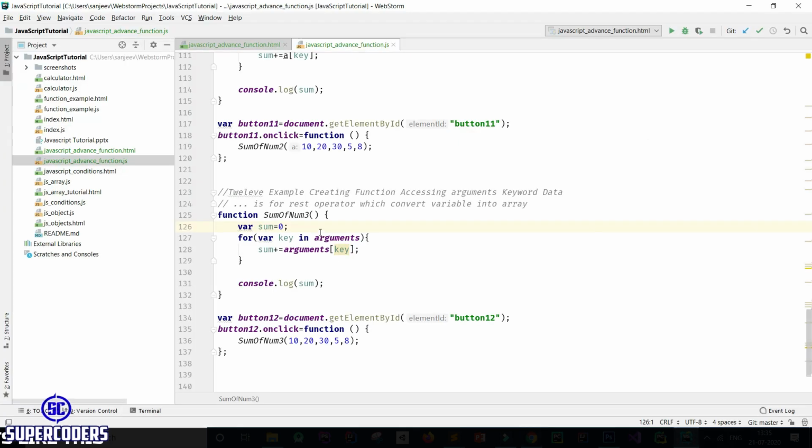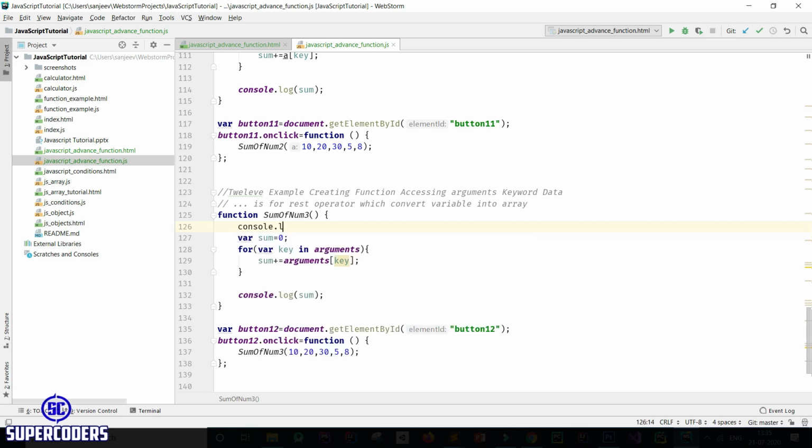So what actually arguments do here, which I pass. Every data which I pass in our function, it stores in a JavaScript function keyword. This is an inbuilt object of function, which is arguments. So arguments store all the values which we pass in function. Let's see if I print console.log arguments. Arguments is just like a global variable for function which holds all the values which we pass in our function. If I run,